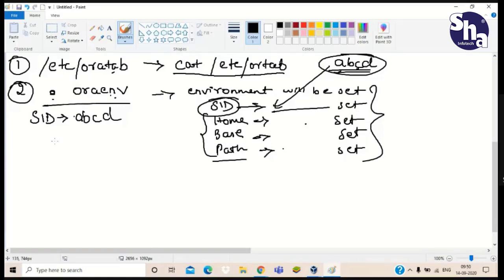Now our third step. First of all, everyone needs to know that a database is a logical entity. It is not physical, it is logical.